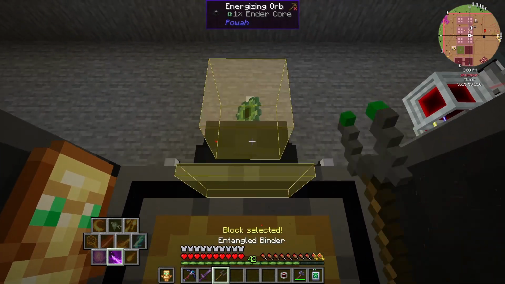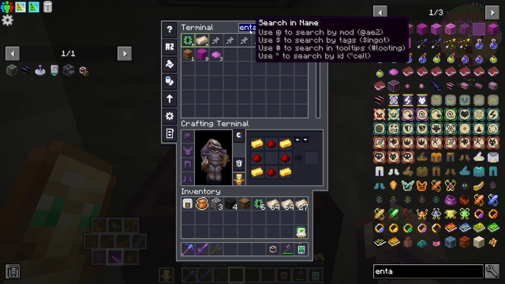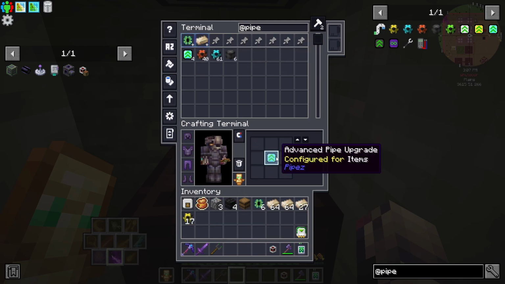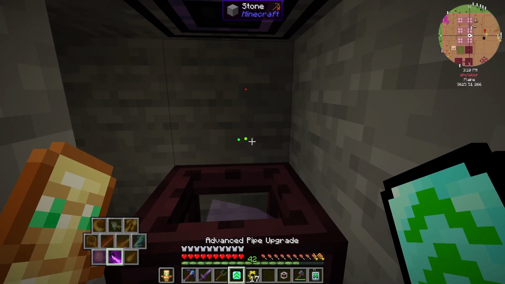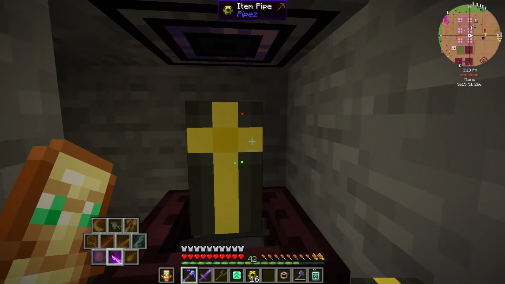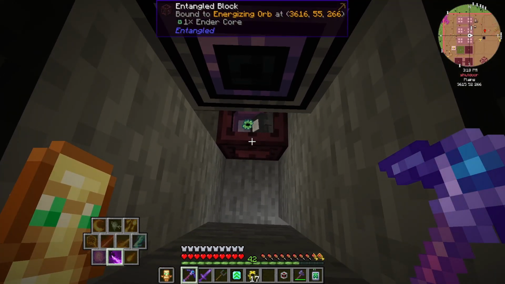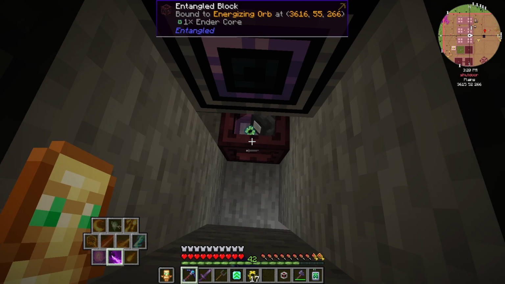Okay, so let's actually quickly just grab an entangled block, and we're going to put that right here, and we're going to bind to here, and we're going to grab a pipe instead of laser IO, and this will make things just a little bit better, because overall we're not using as much, and we're not doing a whole lot of different things. Actually, I guess I do need to put this...